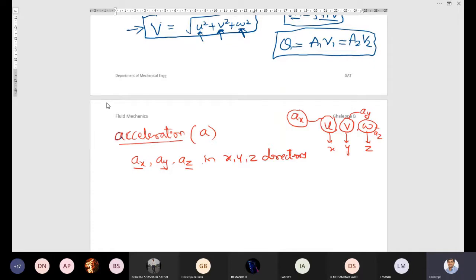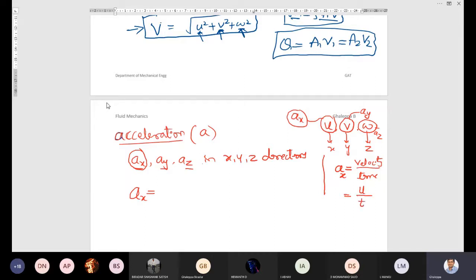So what we do, first we will write the equation, resultant velocity, local acceleration, convective acceleration in x direction first. Later we will manipulate it for y and z direction. Dear students, now AX, acceleration in x direction, is equal to, what is acceleration? Just now I told you acceleration is rate of change of velocity. You will write here, please concentrate here, velocity divided by time. Now I am considering velocity in x direction. So what is the velocity in x direction? That is u.